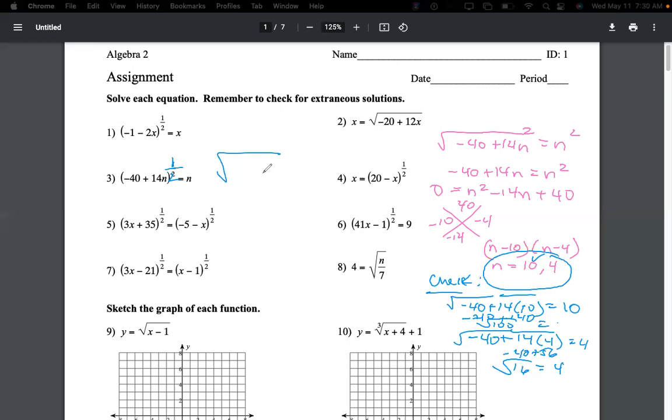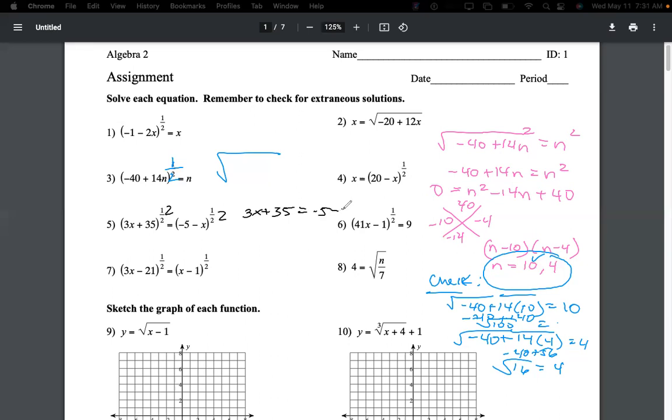Actually, let's go ahead and take a look at number 5. So I'm going to skip to number 5. Okay. So looking at number 5, both sides have this to the 1/2 power. So in order to get rid of that square root, we're going to square both of these. And so that's just going to give us what's underneath this radical. So that'll give us 3x plus 35